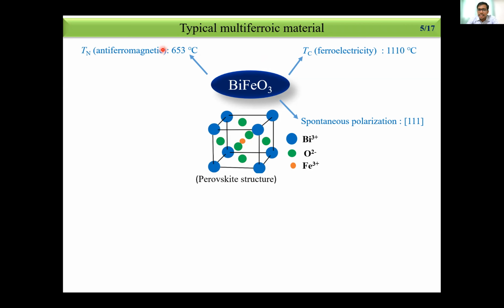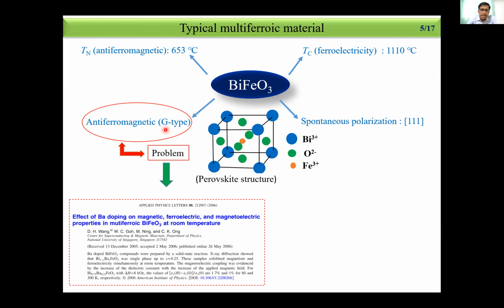This is clear that now we don't need to worry about the temperature, because we are getting the multiferroic properties at room temperature. But the problem with this material is that it has a G-type antiferromagnetic property, which is a problem for device application. If we can solve this problem, then we can ask for this material to be used in magnetic devices.